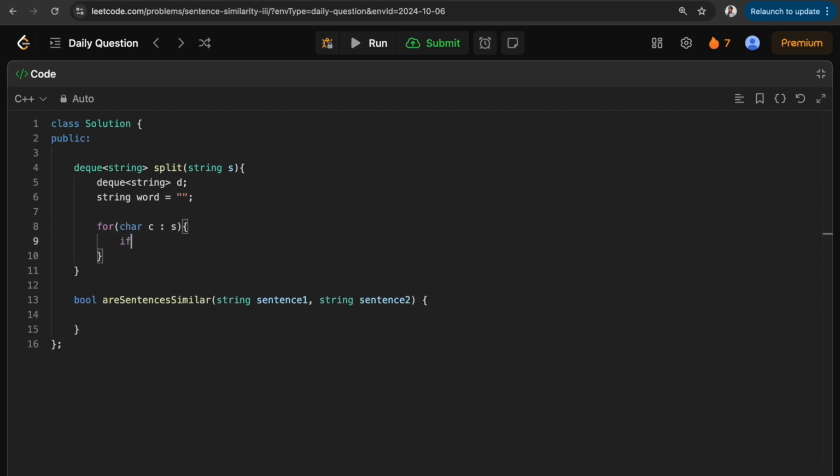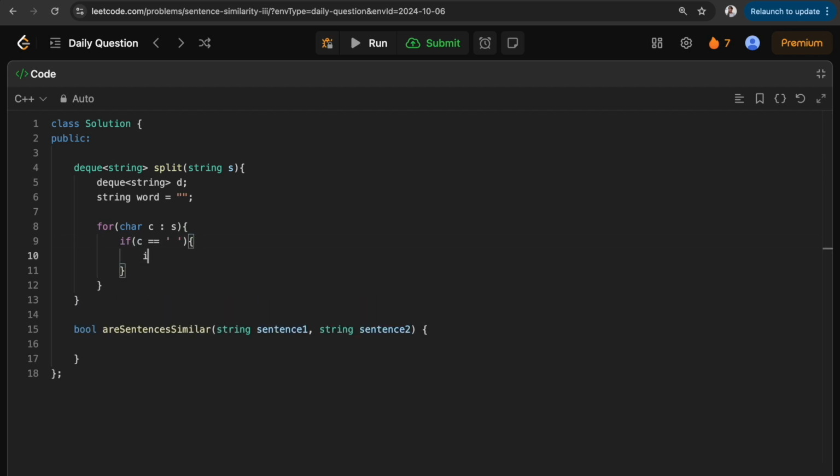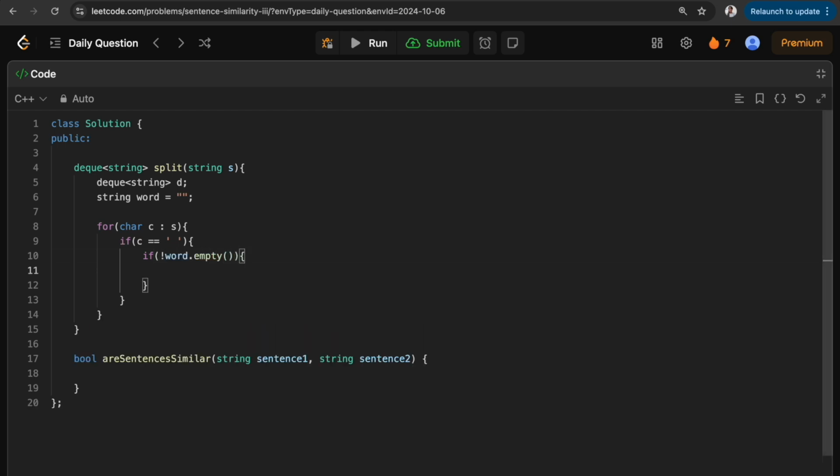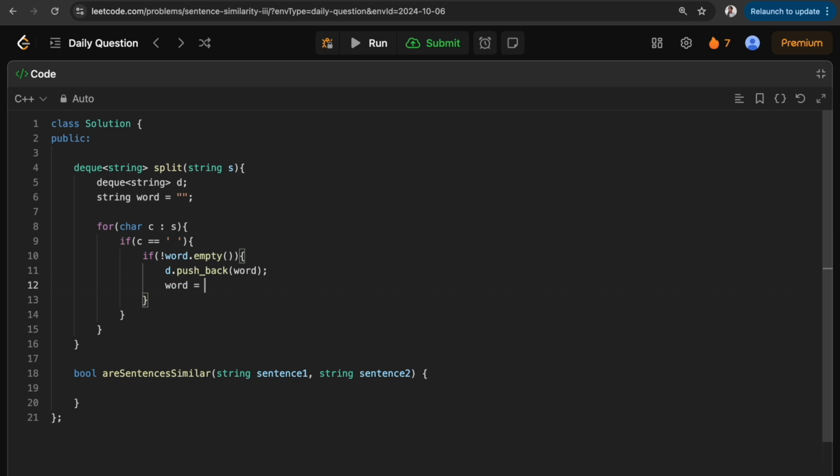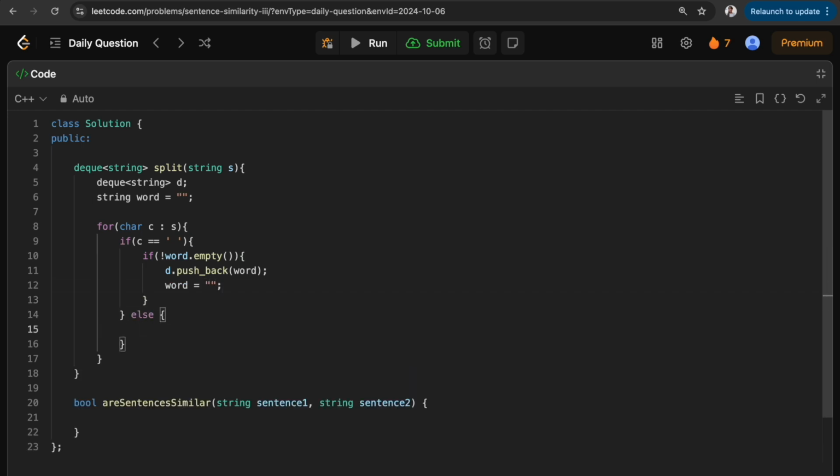We'll check if this is a space, then check if my word is empty or not. If my word is not empty, then do D dot push back word and make the word an empty string again. And if my character is not a space, then keep on appending that character in word.